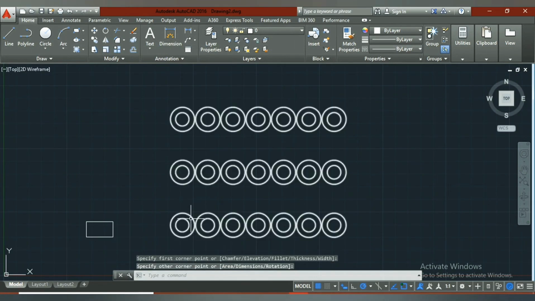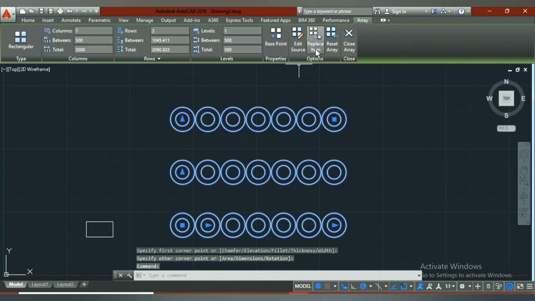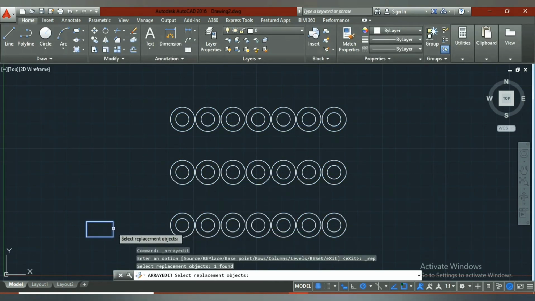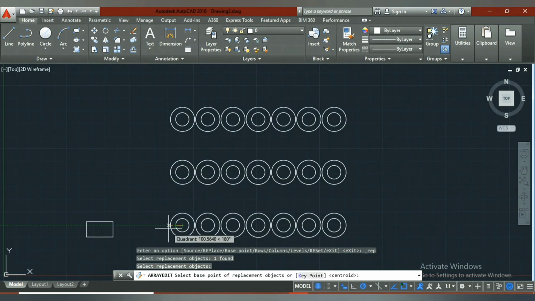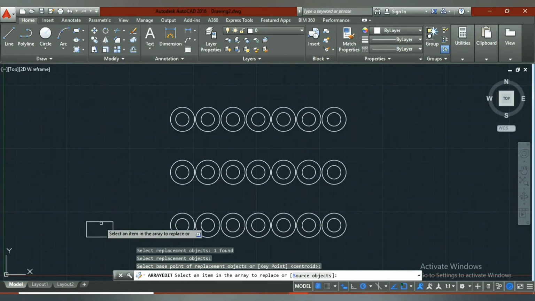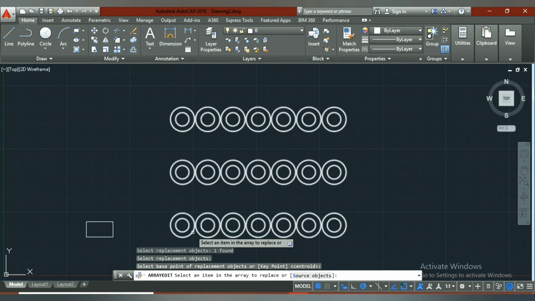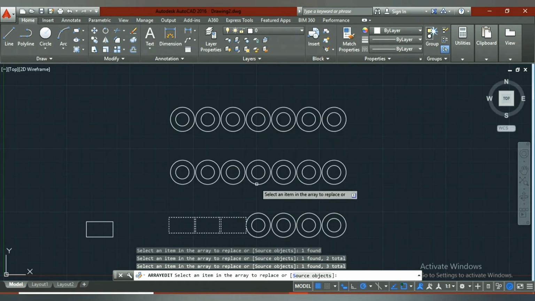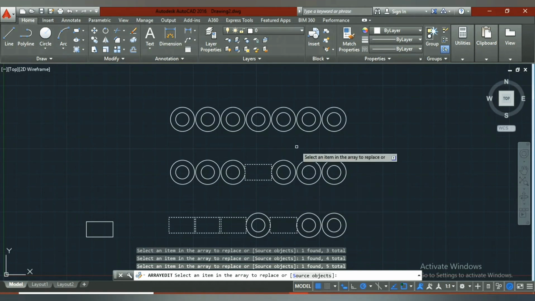Okay, and then I'll just select this, go to replace once again and select the replacement object, right click on it, and you can select the replacement center of your object. I'll just select this, and like this I can make the changes and then enter.